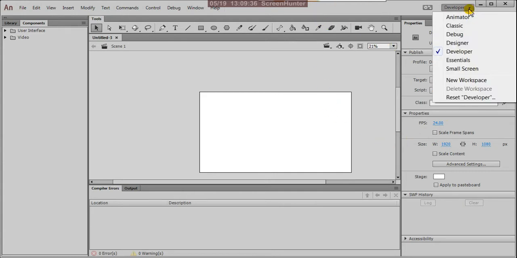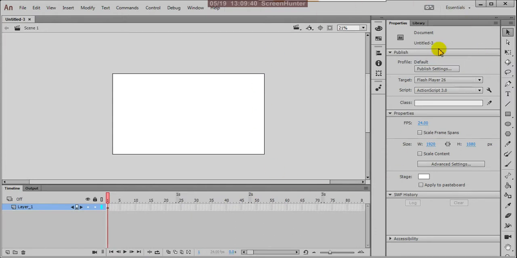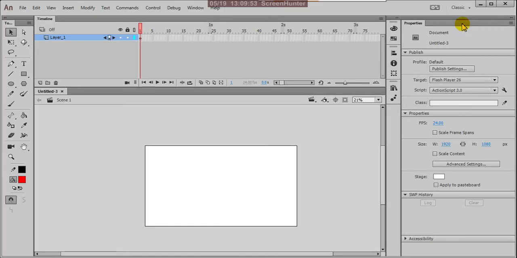Here these are the essentials, the essential settings. Here we generally use Classic, even though we are using the software from the animation point of view. The reason is that in Classic mode it looks like Illustrator and Photoshop, because Animate CC is also part of the Adobe family.